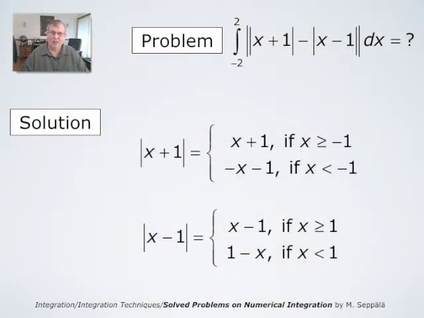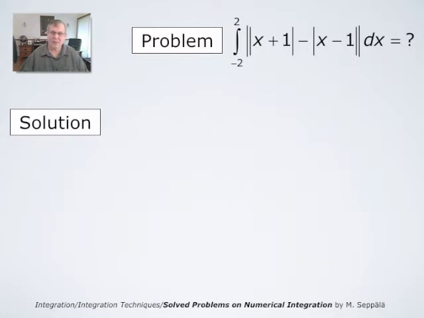For x minus 1, we get that it is non-negative if x is greater than or equal to 1 and negative if x is less than 1. Therefore, the absolute value of x minus 1 is x minus 1 if x is greater than or equal to 1. Otherwise, it is minus the quantity x minus 1, which is 1 minus x. So now we have split the function to be integrated. We have started with the innermost absolute values, and we have got rid of the absolute value signs in the inner part of this function by splitting the x-axis into various intervals.